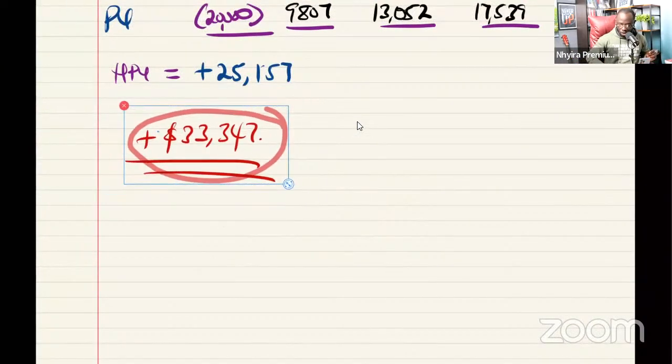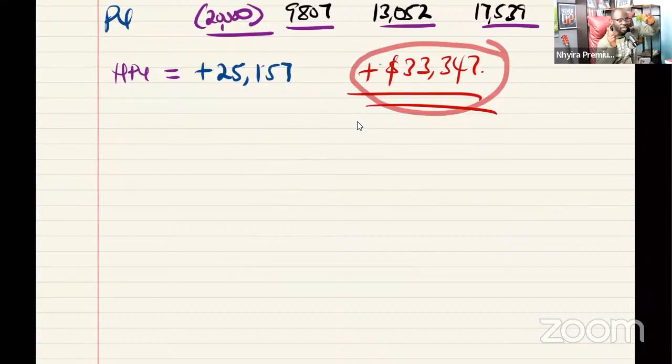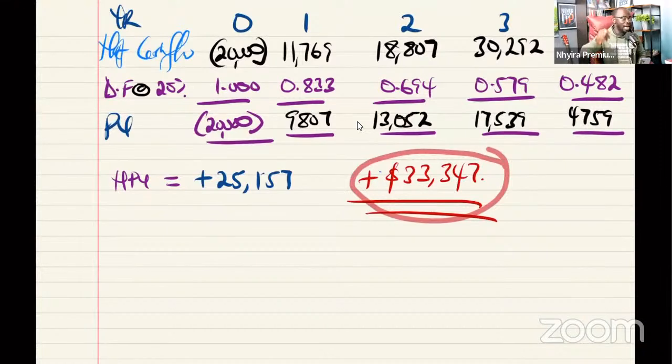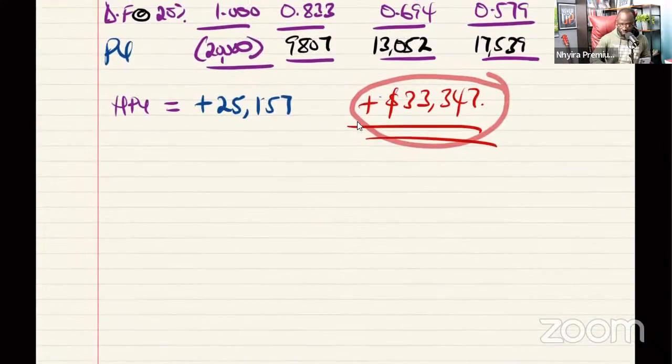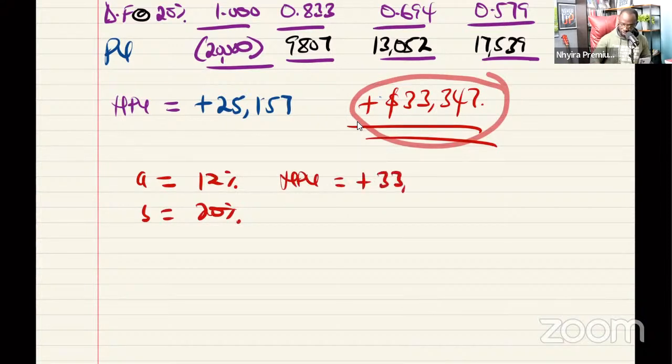That's the goal. Does that make sense? The goal is not to take it to negative. The goal is not to make it 0. The goal is just to have a lower NPV at that higher discount factor. So what do we have here? Pretty simple. In the context of this question, our A, which is the lower rate, is 12%. B, which is the higher rate, is 20%. NPV at the lower rate was positive 33,347. NPV at the higher rate is still positive